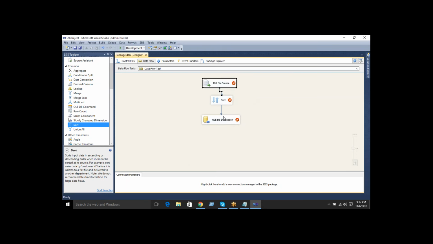First source, then transformation if it is required, then destination. A data flow represents a diagrammatical representation of the flow of data from source to destination, either using transformations or without transformations. So this is called data flow. Most of the time we have to use the data flow task.